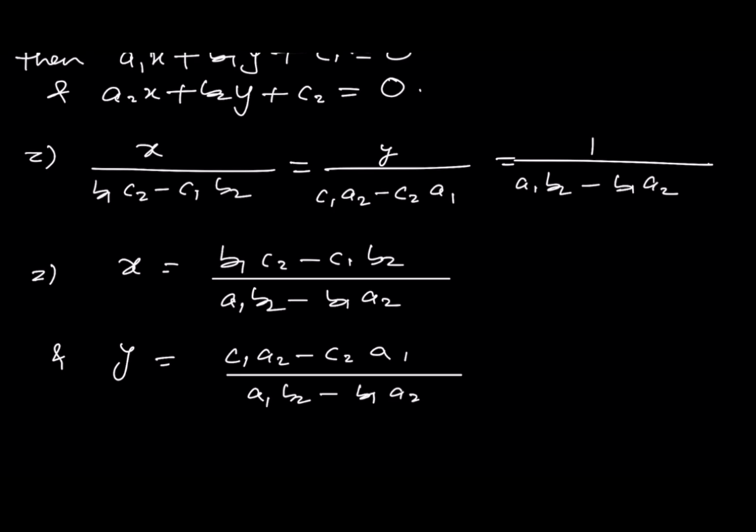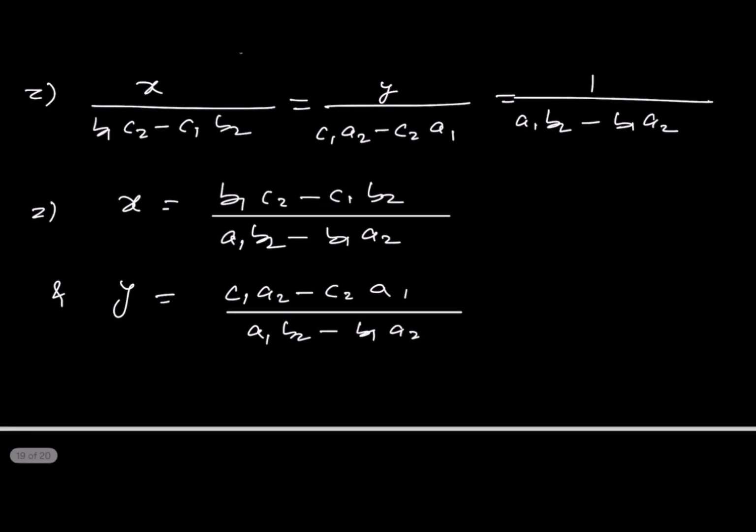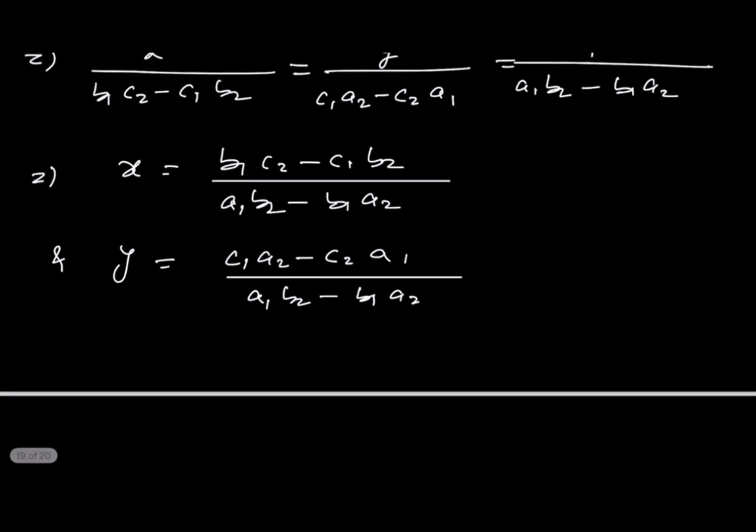So students, we can solve these two equations in two unknowns by using this method. And why do we call it the cross multiplication rule? If I am writing the coefficients of x, y, z in this fashion: p1, p2, c1, c2, a1, a2, and p1, p2 again,